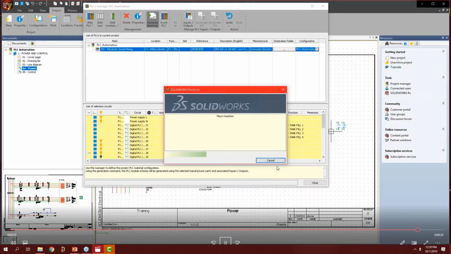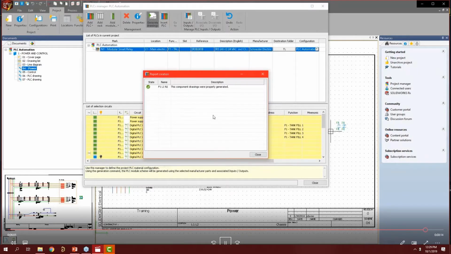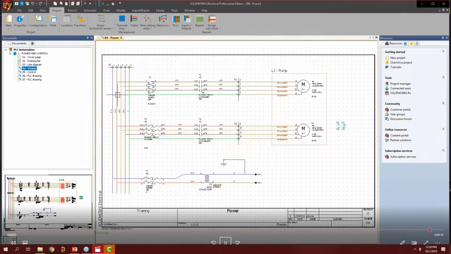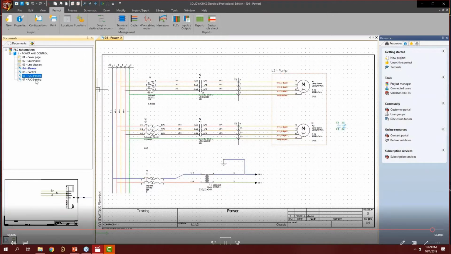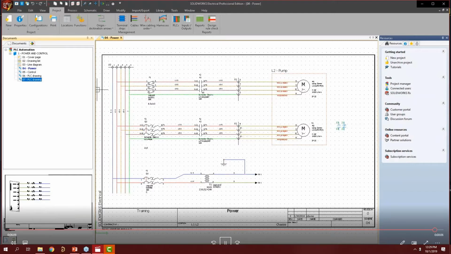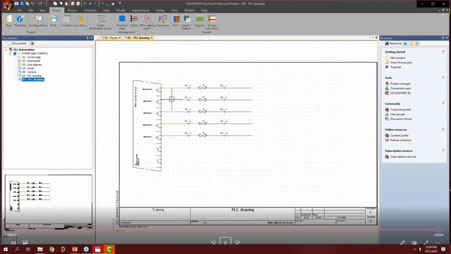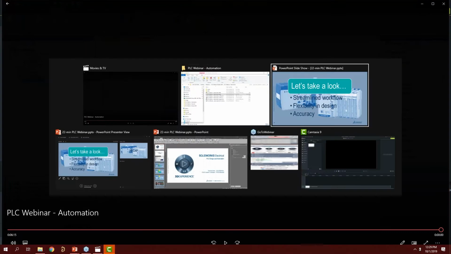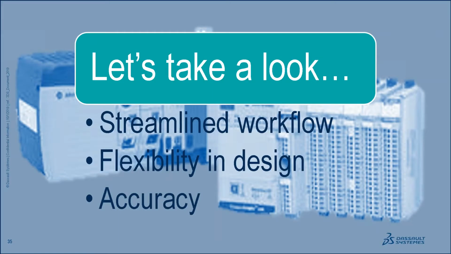Depending on the size of your project and the PLC designs that you're working with, this will all impact how long it takes. It's going to generate, I get the OK message, and then I'm going to open up one of my drawings. You can see I got my output card with all the inline devices that I needed as well. So just to recap,